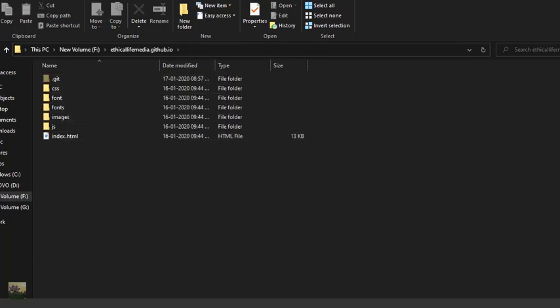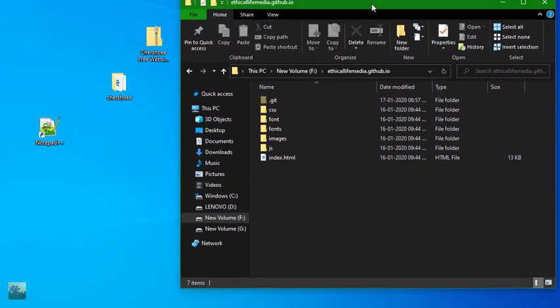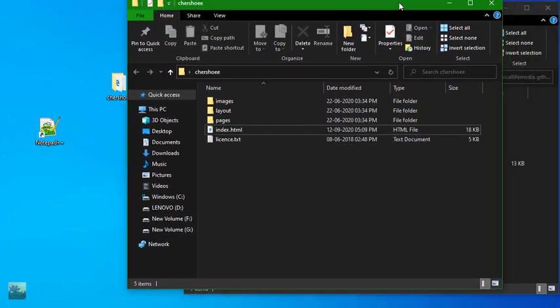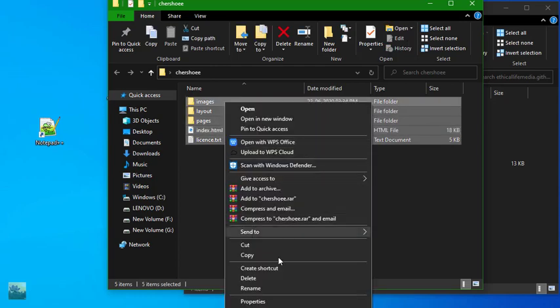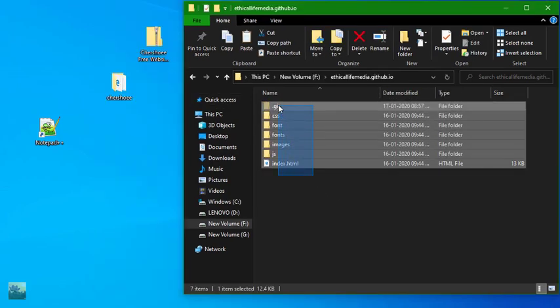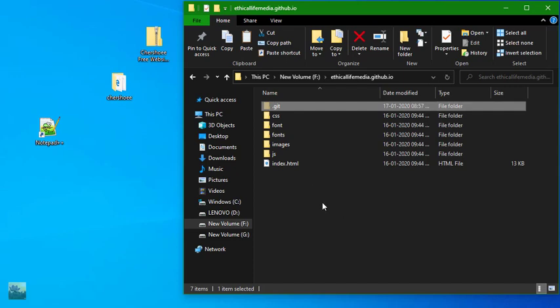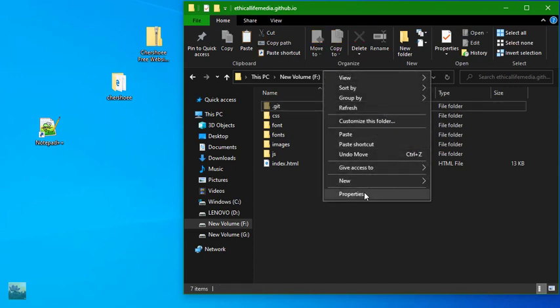Okay, now what you have to do is simply, we have these things on the desktop, right? When you open it, you will see these things in it. Simply select all those things, copy and paste here. Here I already have these things, but you will not have anything, right? I simply paste those things.